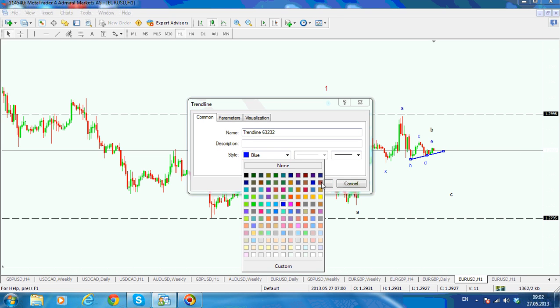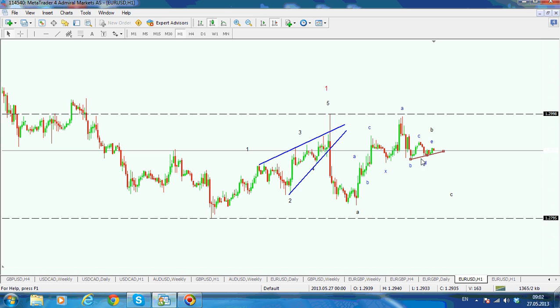Let's make this one brown. So this is actually the triangle we're facing right now. So A, B, C, D, E, and if this C wave comes to the downside but does not take the lows here,